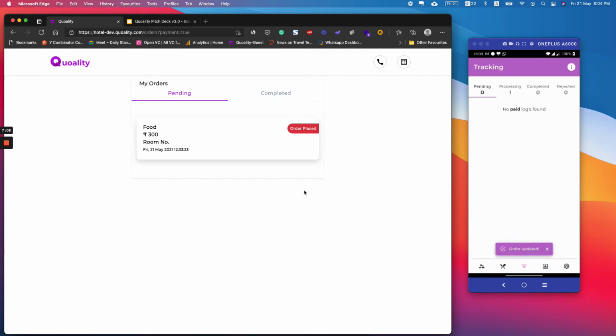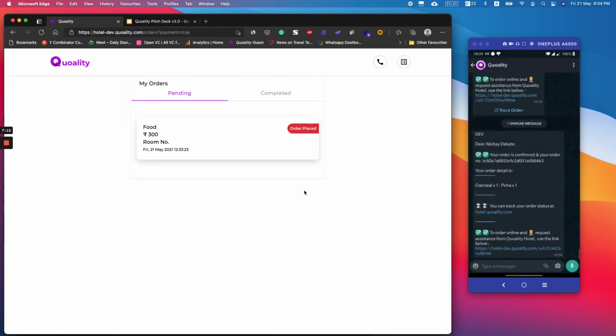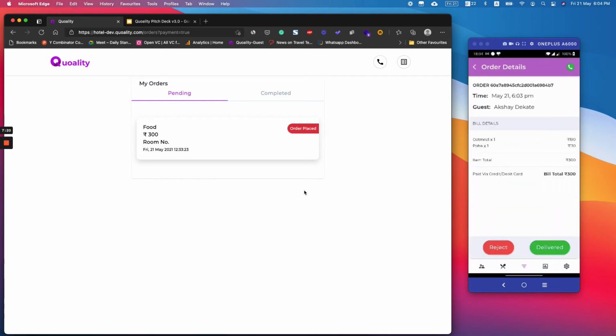Now once the order is accepted, it moves into processing, and at the same time the guest is notified that the order has been confirmed by the hotel and they are preparing it. Once the order is prepared and delivered, you can quickly press the delivered button from here, and the guest is notified that the order has been fulfilled and delivered to them